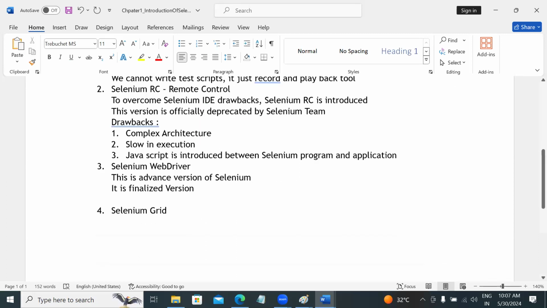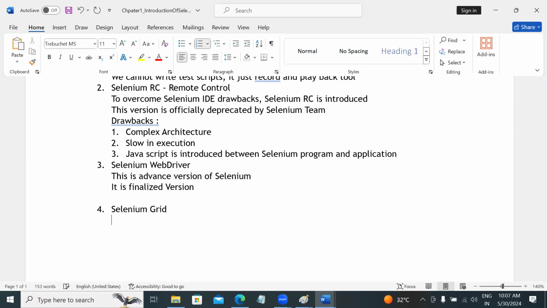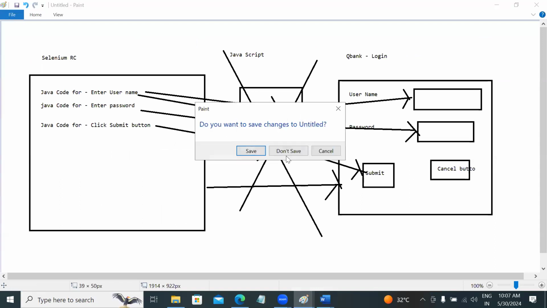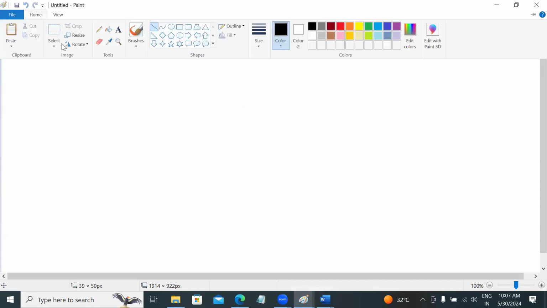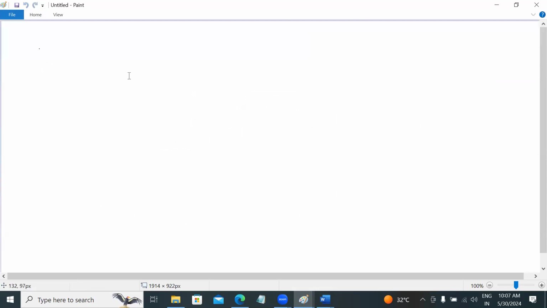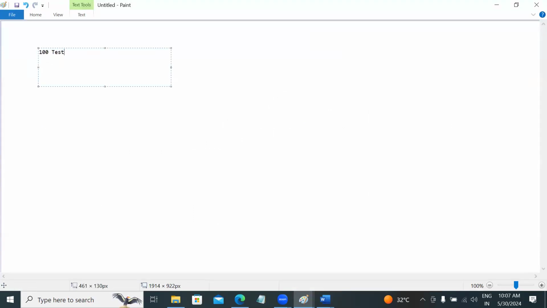WebDriver. Now what is grid? It is used to execute test scripts in multiple machines at the same time. See, sir, what is this? Okay. I have 100 test scripts are there. One test script taking